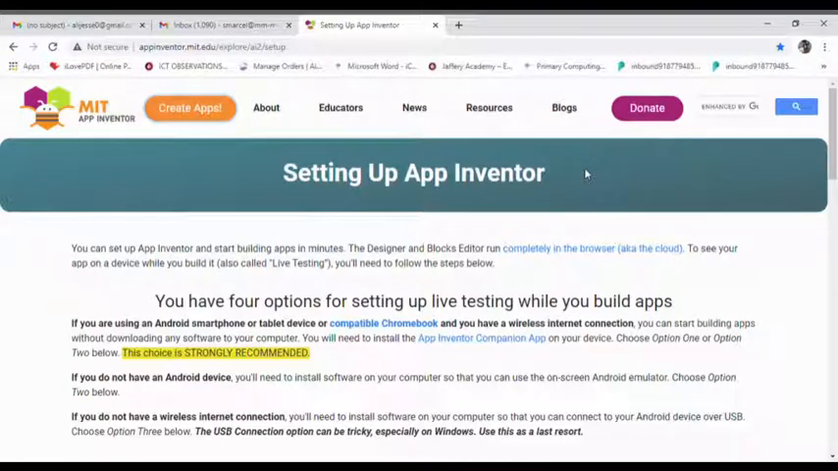Hello, ladies and gentlemen. Welcome once again to my lesson. And today I will take you through the introductory part of how to make yourself an APK